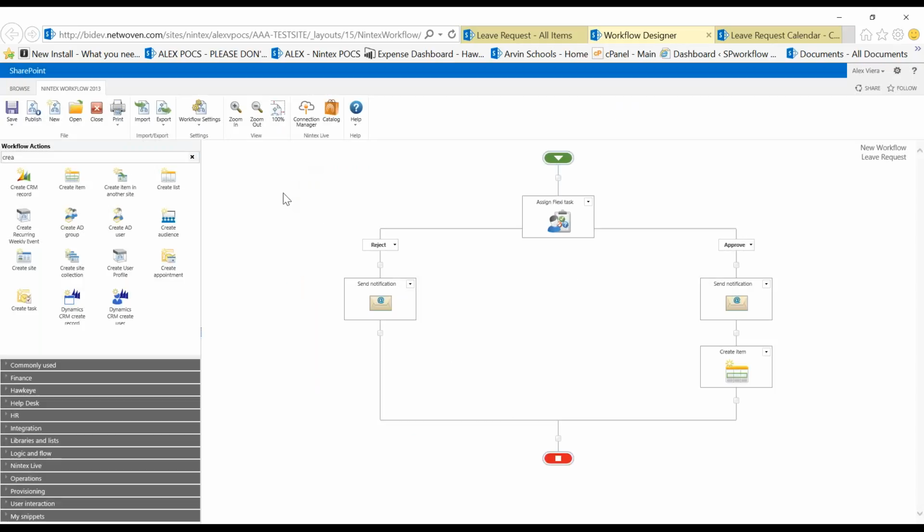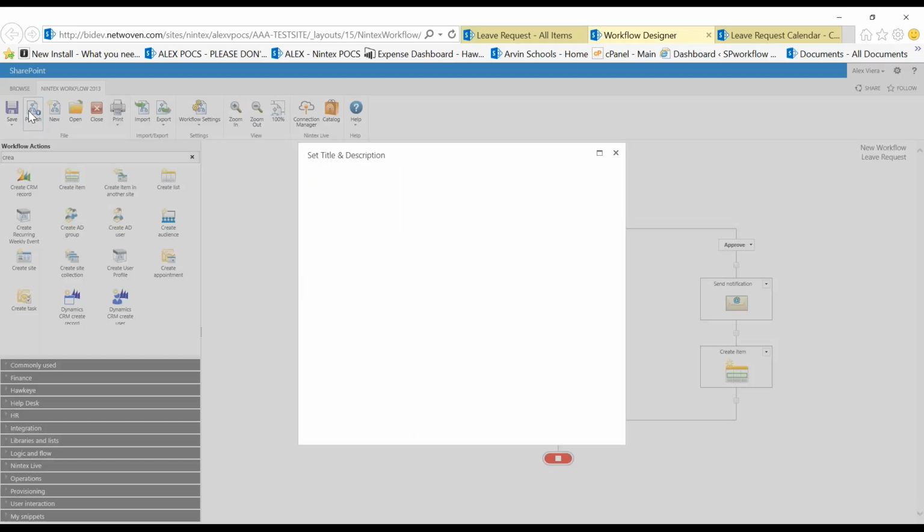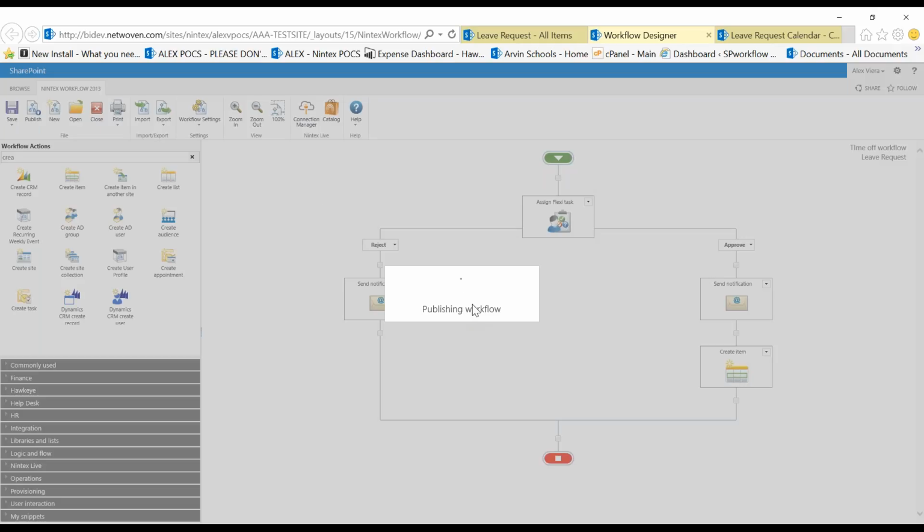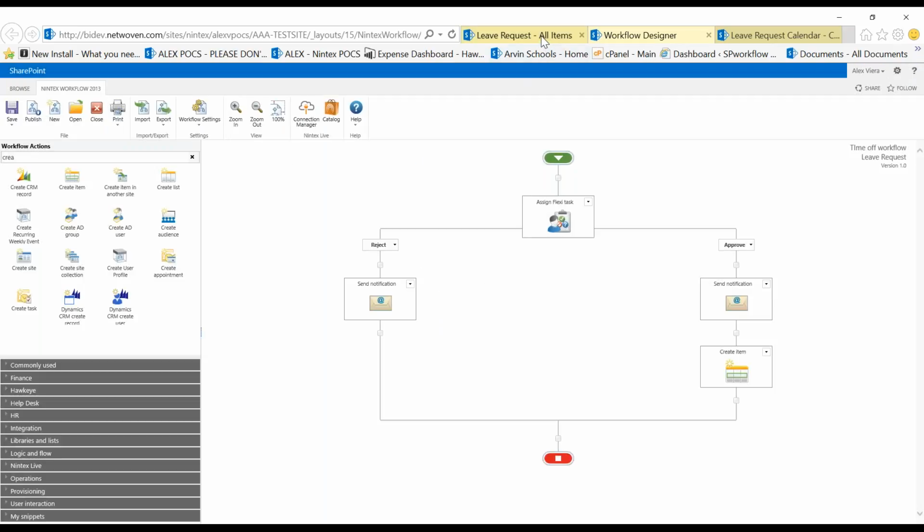So I'm going to save this, and now we're done with our workflow. On the upper left-hand side, I'm publishing this as time off workflow, and I'm going to submit that. Now you can see it's publishing. So let's go ahead and see this thing in action and see what we can get done here. This is a very common pattern for a lot of things you might do with this product. So it's been published. Now let's go ahead and take a look.